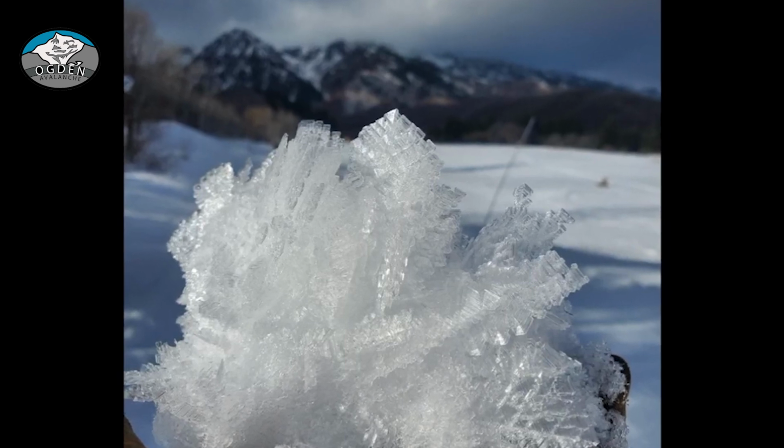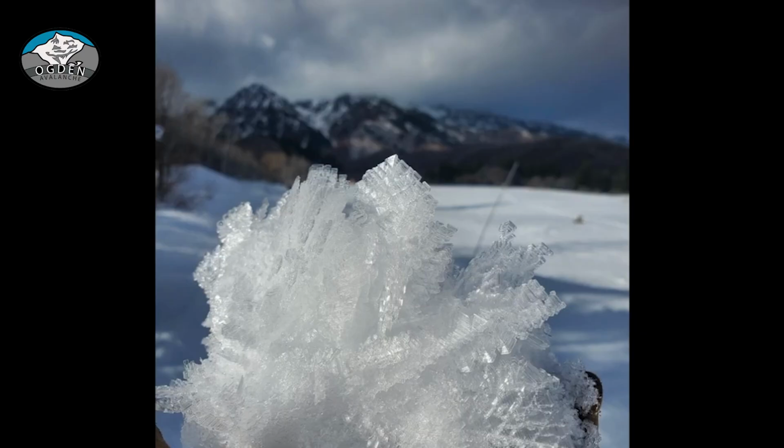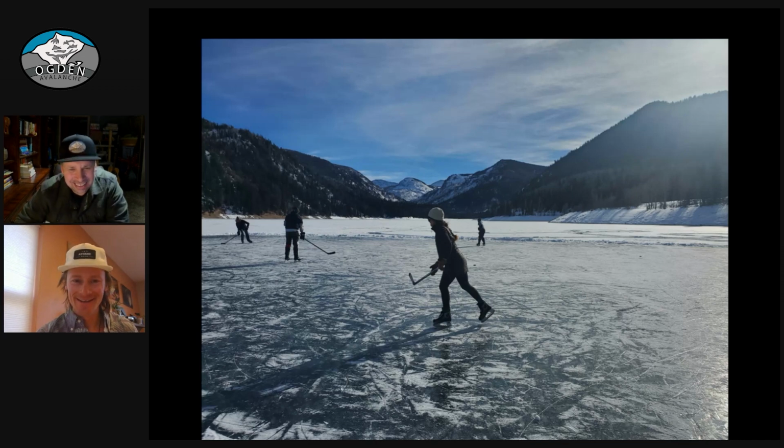So now this is in the valley, correct? This one was at North Fork Park. North Fork, okay. And the prior one was a parking lot somewhere. And then ice skating on the lake. Oh yeah,